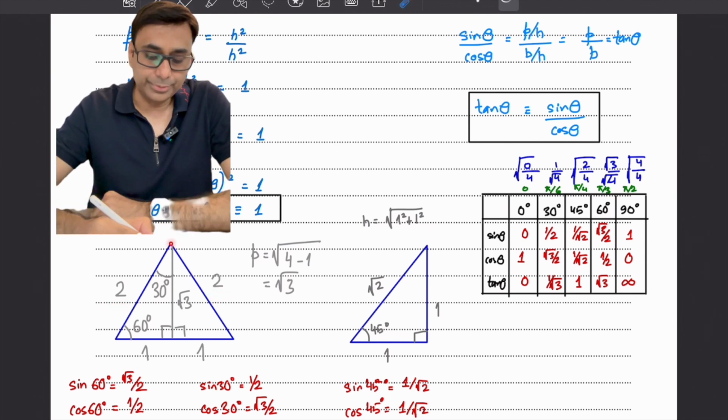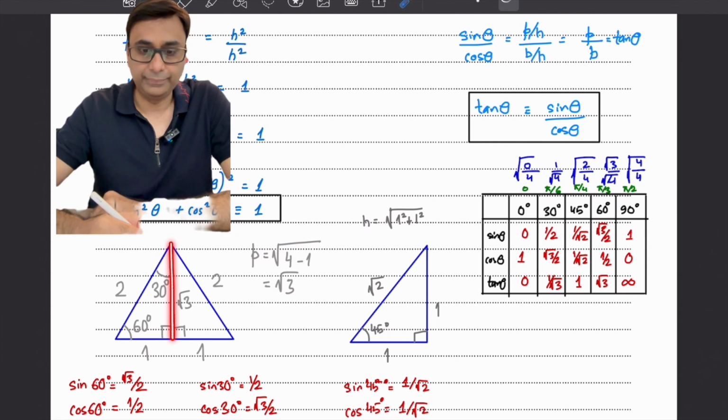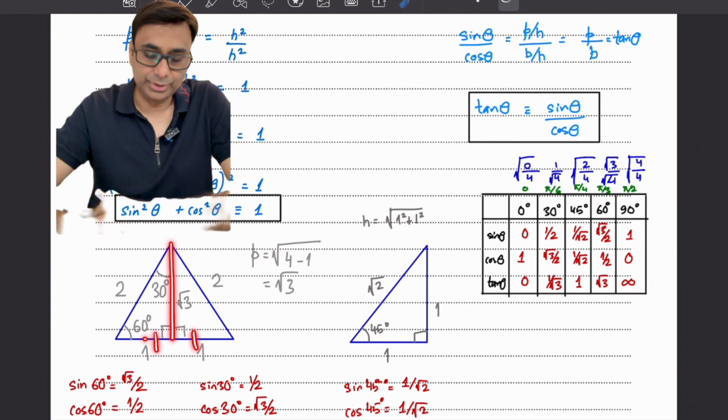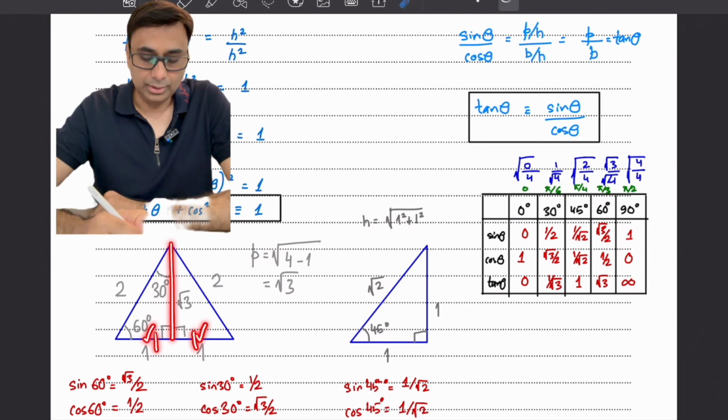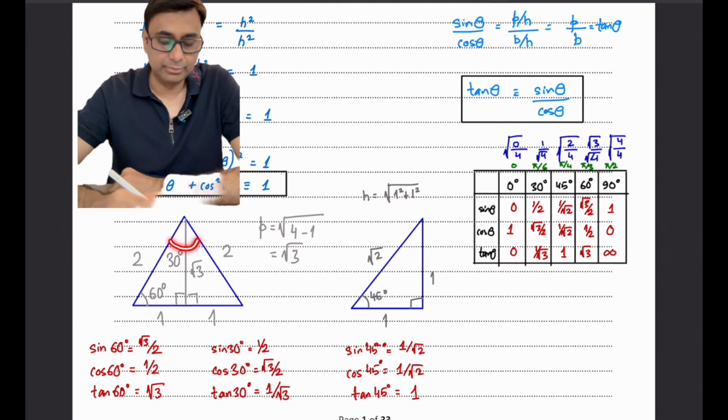And we drop a perpendicular from the top vertex on the base, which also splits the base into two equal sides. So this is 1 and this is 1. Since it is an equilateral triangle, this angle must be 60 degrees. And since we have dropped a perpendicular right from this vertex, that also splits the angle into two 30